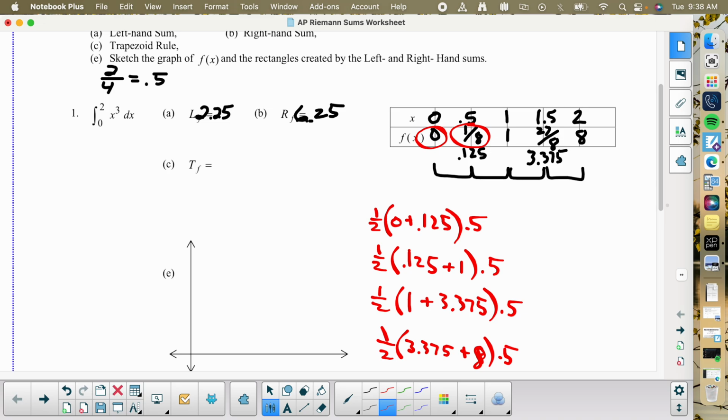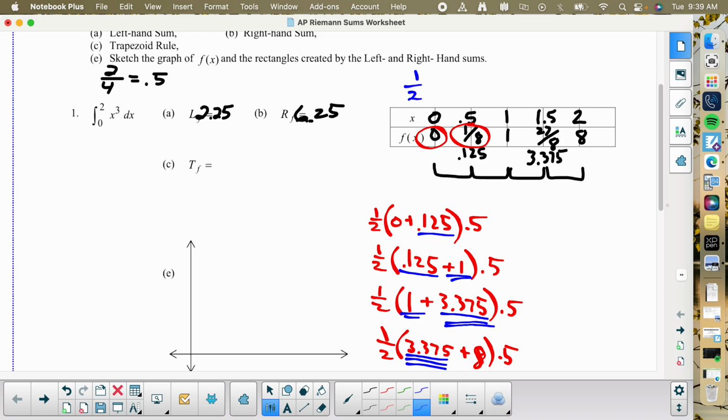Most people can't stand writing this out 4 separate times, and so most people like doing the shortcut method. You'll notice every single one of the numbers is used twice, except for the first and last number. So like 0.125, 1, and then 3.375. They're all used twice. So the shorter method